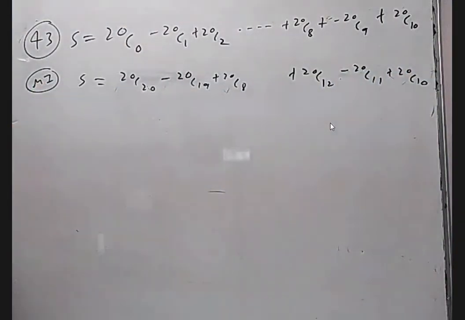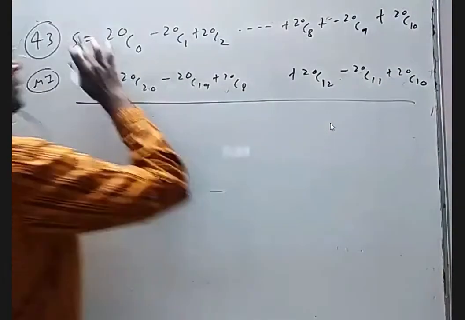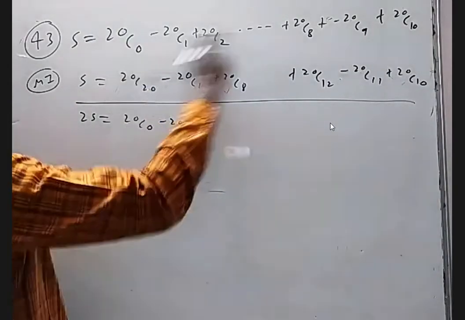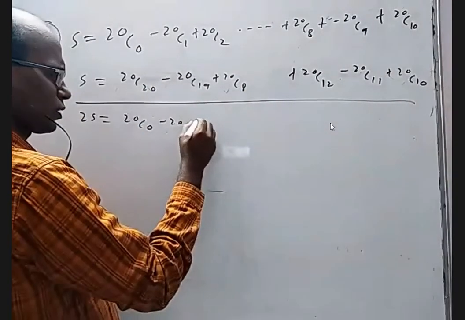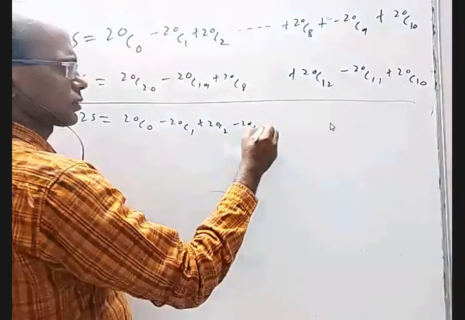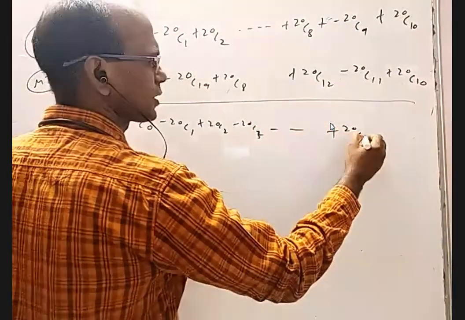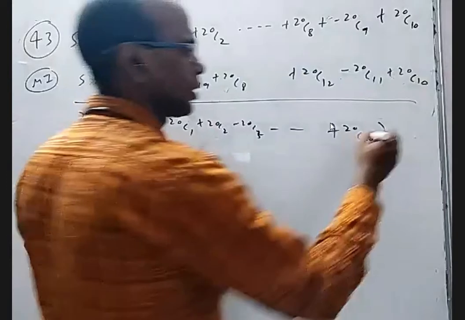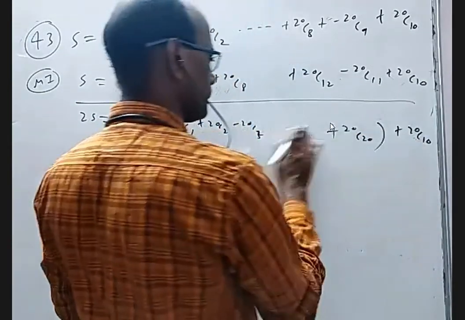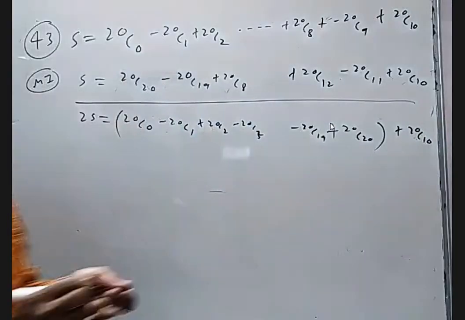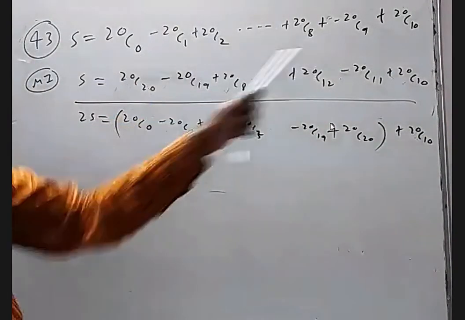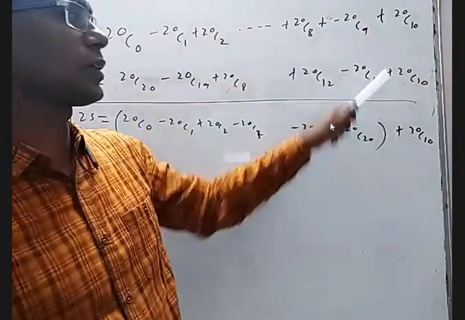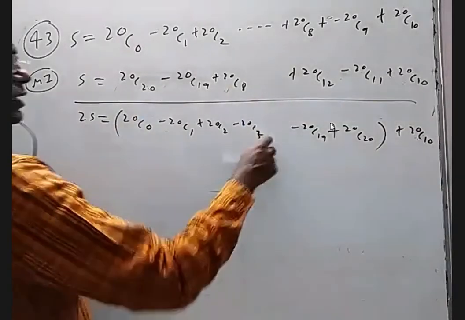I use nCr equal to nC(n minus r) and add these two. S plus S will be 2S. If you add this and this, the full series is there: 20C0 minus 20C1 plus 20C2 minus 20C3, all the way up to 20C20. But 20C10 is there twice, so I have to write one 20C10. Because these are 11 terms, total 22 terms, but these are only 21 terms. That is because this is repeated, that is the extra one. We have 20C10 in the middle.